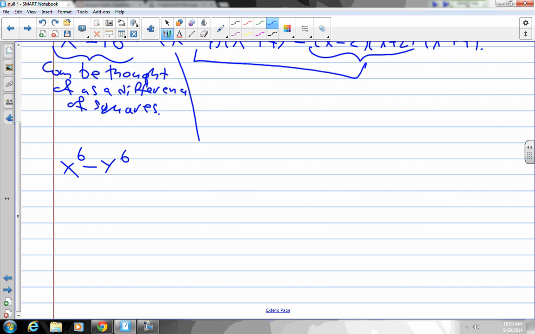Oh, yeah. But if I had something like this, then I can only do this as a difference of squares because 16 is not a multiple of 3. But any power that's a multiple of 3 is a cube because we multiply exponents. Every power that's even is really a perfect square because we multiply exponents. So when facing this situation, and this is almost a rule, if you have options, either think of this as a difference of cubes or a difference of squares, always start with difference of squares because that's an easier formula. Okay? So starting with the difference of squares,